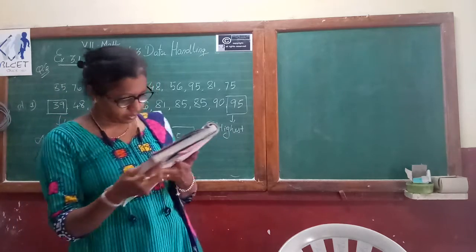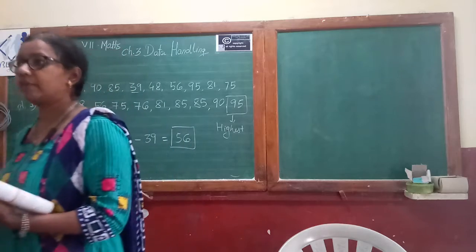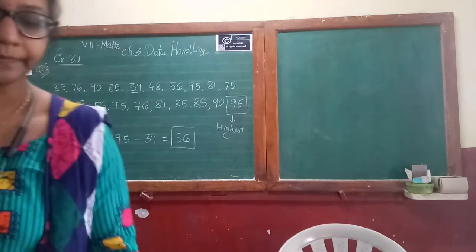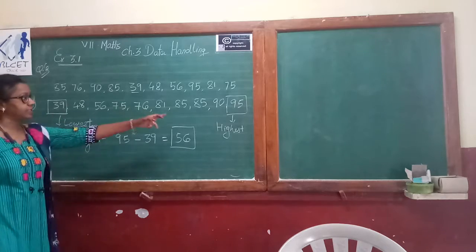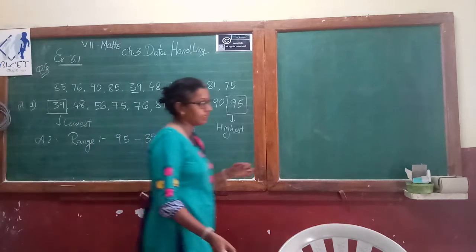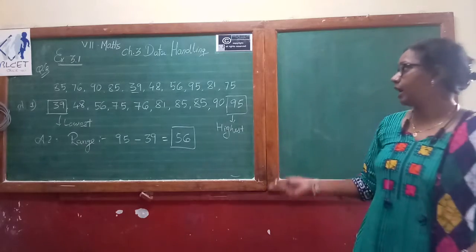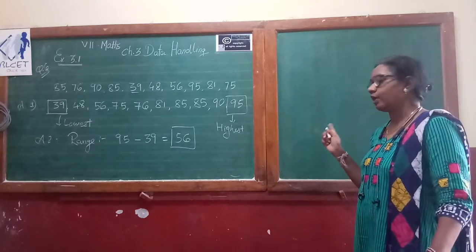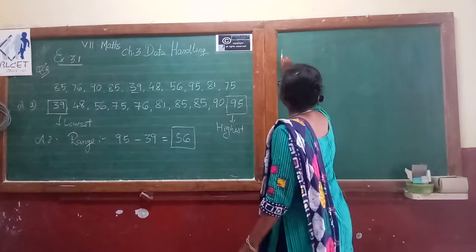Third question, mean marks obtained by the group. Now we want to find the mean. So mean is equal to what we have to do? Do the addition of all these numbers, marks obtained, and divide by 10, because here you have 10 students and you have marks of total 10 students. So mean is equal to